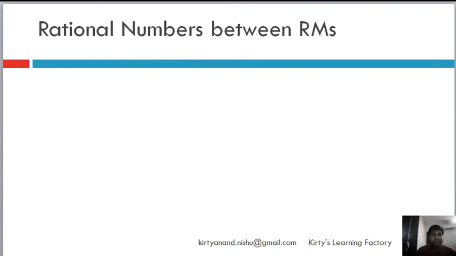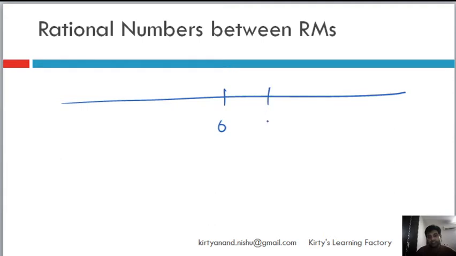Now let's see rational numbers between two rational numbers. Again it is very easy. Let's draw the number line. This is 0, this is 1. Both 0 and 1 are rational numbers. So let's start with that. Why complicate issues so much? So my first rational number is 0 and my second rational number is 1. For the purpose of this illustration, I have to find out how many rational numbers are there between these two.